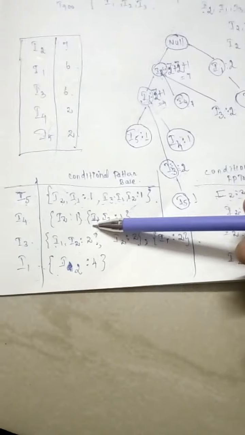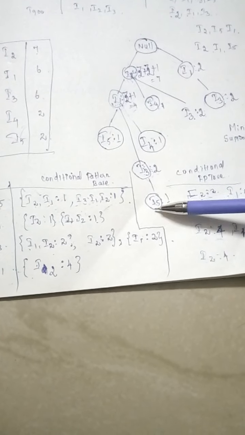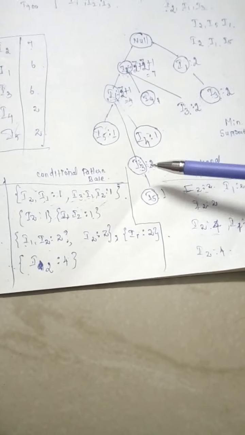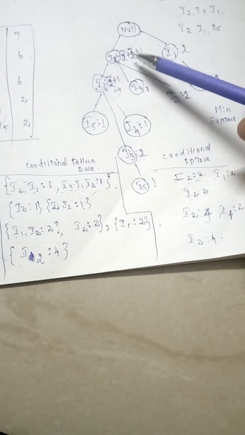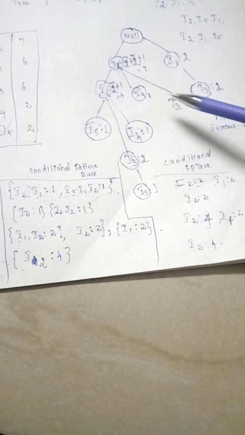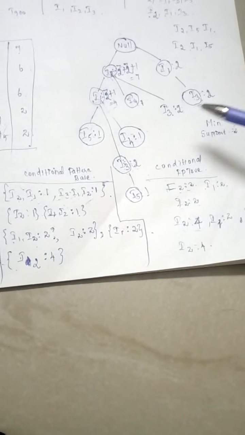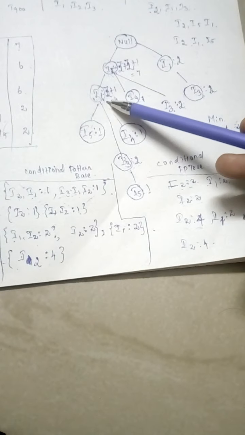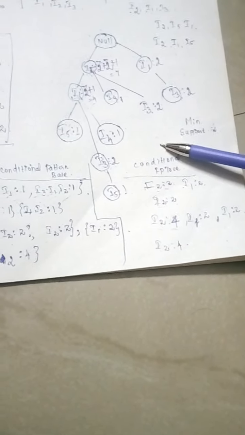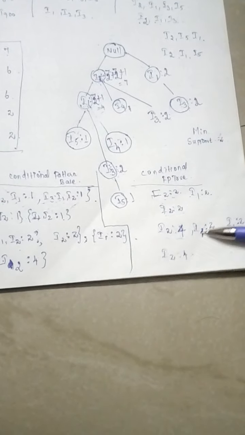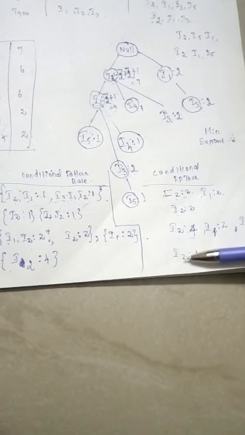Again, if you take I3, I3 is associated with I2, one in this branch 2 times and one in this branch 2 times. So totally 2 plus 2, 4 times. And I3 with I1, it is occurring with I1 for 2 times in this branch. In the right subtree, it is occurring with I1 for 2 times. So I3 is occurring with I1 2 times in each of the branches.